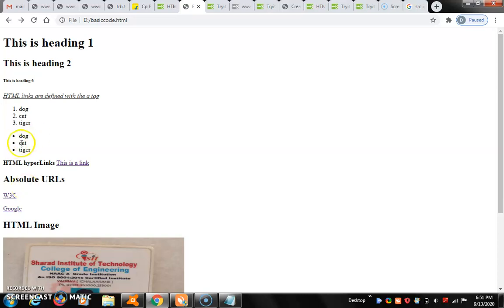If you click W3C, you will get that particular W3C page, that is an absolute URL. The hyperlink with w3schools.com displays the full page.